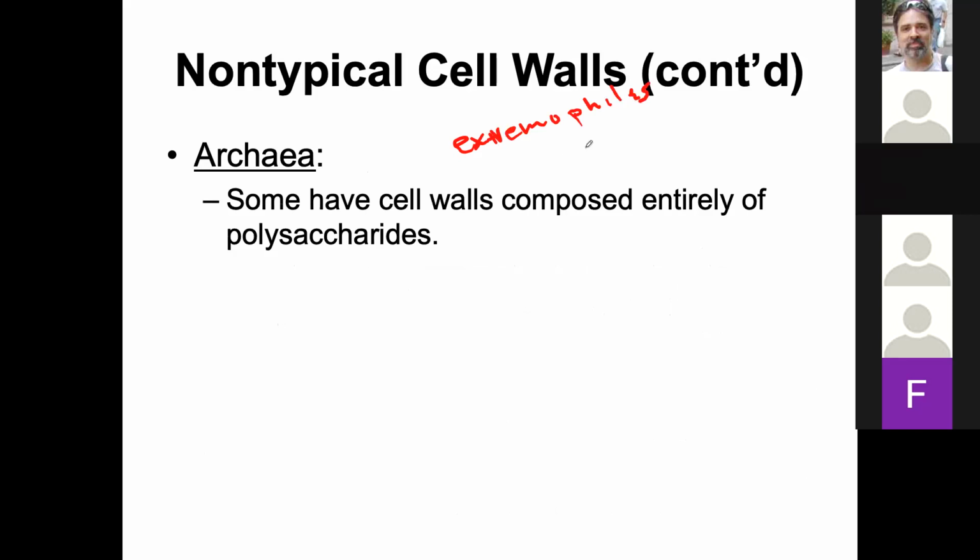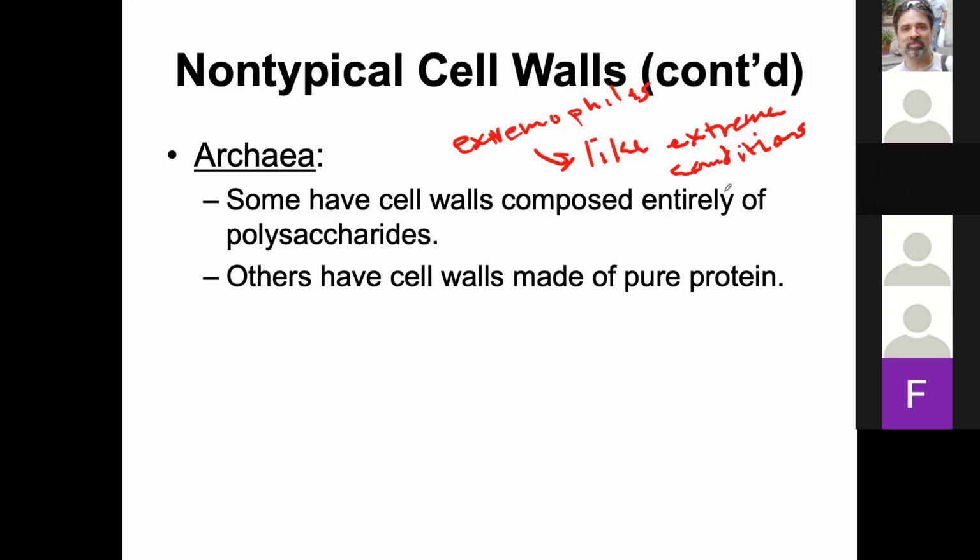Extremophiles means they like extreme conditions, like extreme pHs, extreme temperatures, extreme pressures. That's their deal. They have cell walls that are made up of polysaccharide, some of protein, and all lack